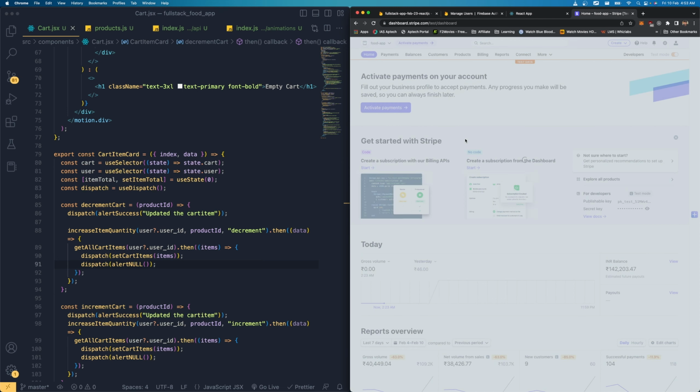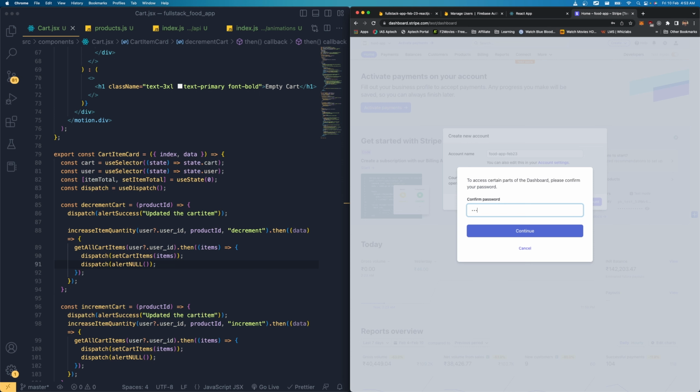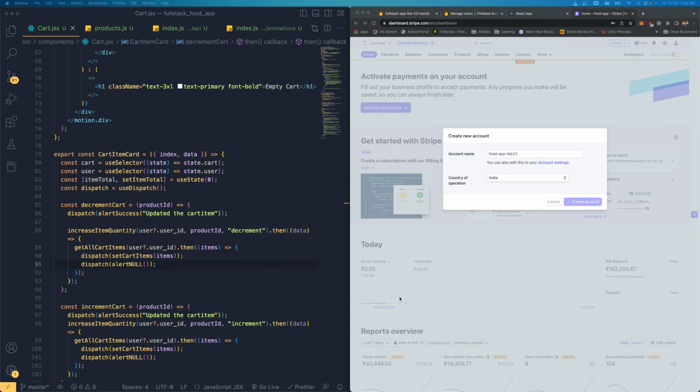In this case, I'm just going to create a new account, and I'm going to name it food app web 23 something, and choose the country of origin as India, operation India, create an account. This will take a few seconds. Give your account password, and use the same password. This will activate your account. Once it's activated, the account will be created, and then we can go ahead and use that account inside our